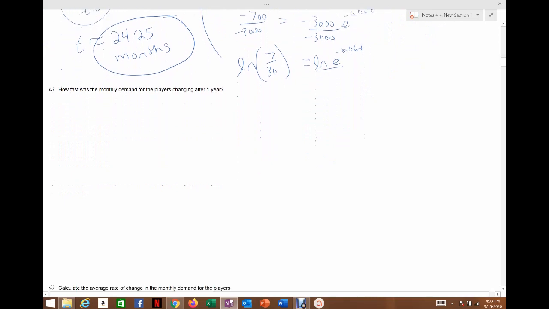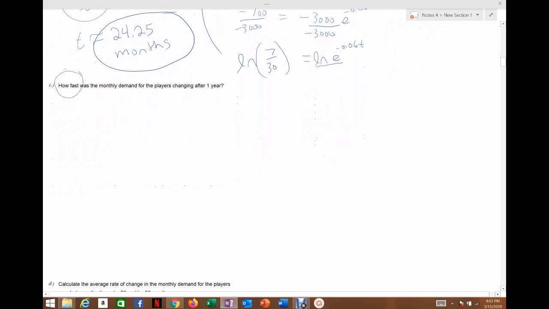All right, the next question. How fast was the demand changing in a year? All right, so there's two parts to this. First of all, the how fast. Well, the how fast is a speed, rate of change. All right, how fast is it changing in a year? So that's asking you for the derivative, right? Want to find the derivative of the demand